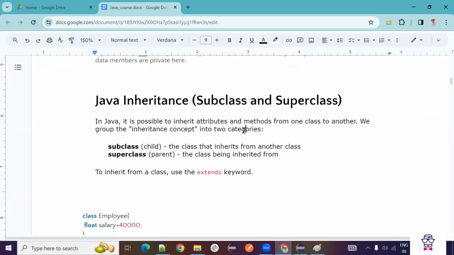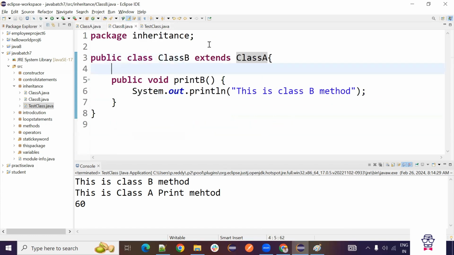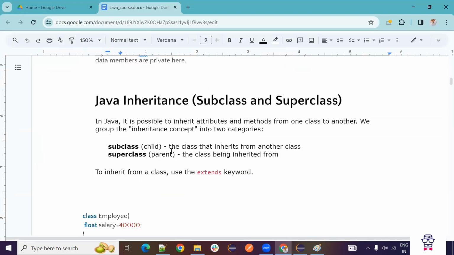So this is a simple one. When we are creating, we said this is the parent class, and whatever extends this class, that class is a child class. So class B is a child class. We can call them by different names also: subclass, superclass. Super means main, parent. Subclass means child class. And what is the keyword we used? Extends.